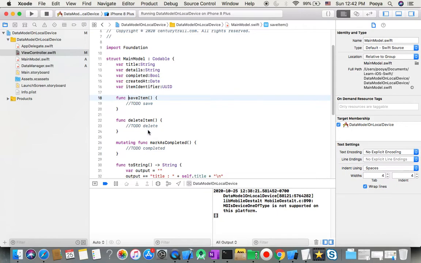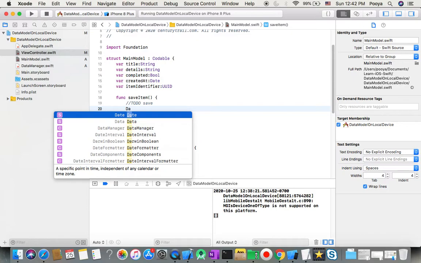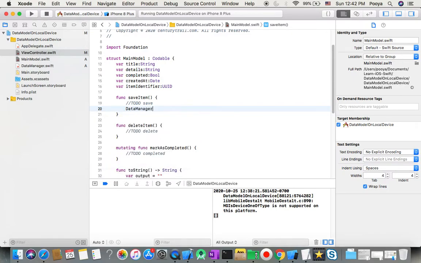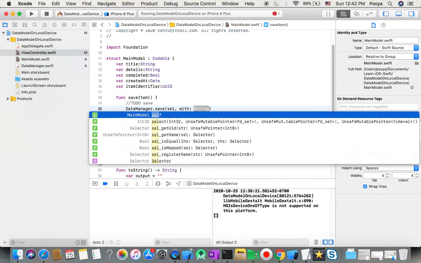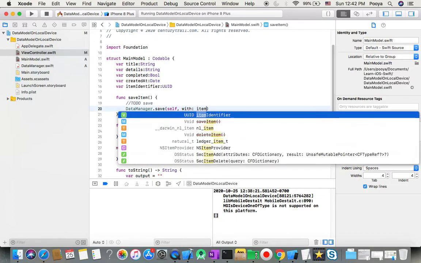So for save, it's easy. What I do to do save, I just say data manager dot save and object, which is self. Yes, and with what? With item